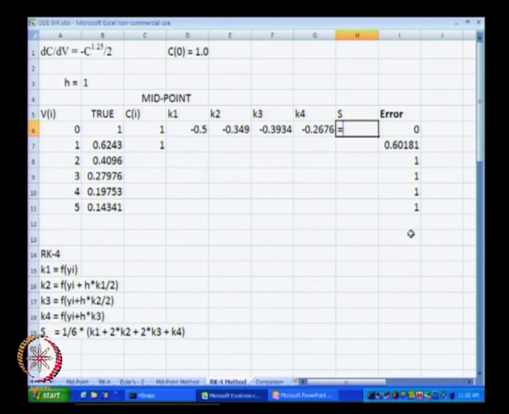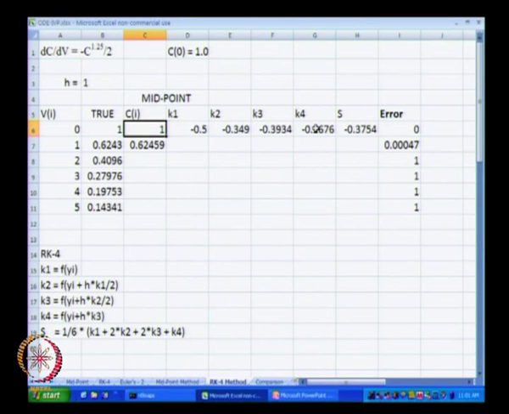Okay. And our s is going to be 1 by 6 multiplied by k1 plus 2 multiplied by k2 plus 2 multiplied by k3 plus k4, that is going to be our s. Okay. So, we now have k1, k2, k3, k4.